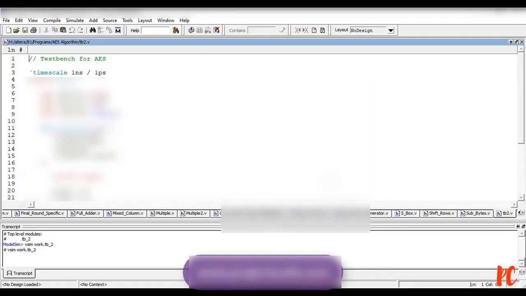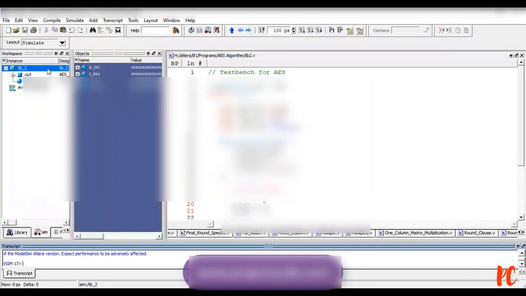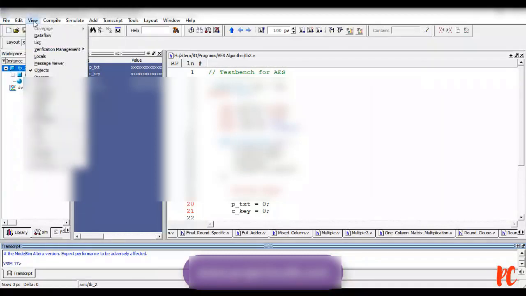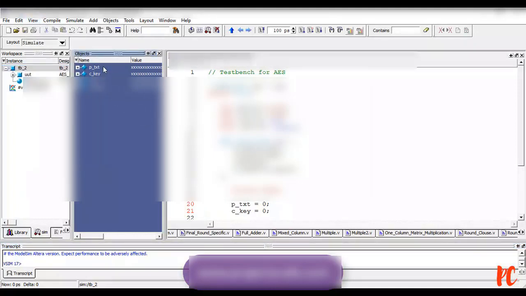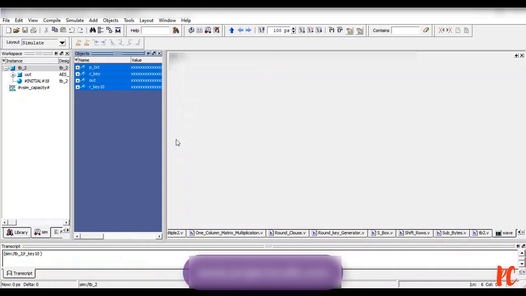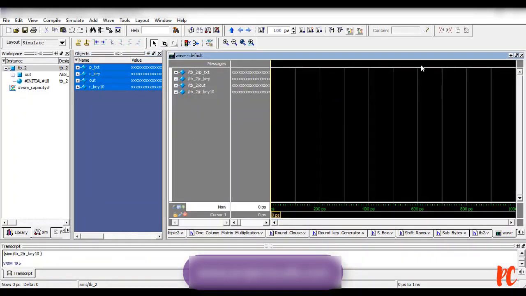With this, a short window is going to get created, and see that you need to go for the view and see that the object is being ticked, so that you can get this dialog box. Now these are the keys that we need, so I'm going to click all, give a right click here and click on add to new, finally selected signals. So this is the tabular column with respect to the waveform we got.